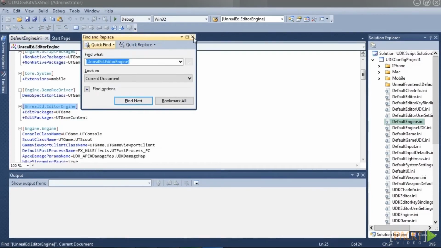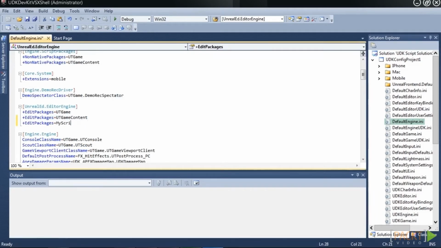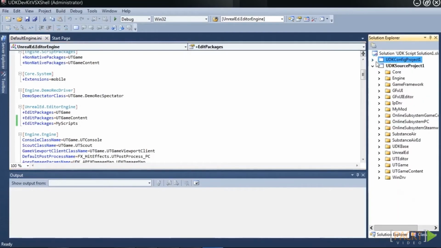Once we get there, you'll see these two sections called plus edit packages. At the bottom of this section, we're going to add a new edit package, which we're going to call MyScripts. At this point, after we have added this package, we're done with the UDK config project. So I'm going to click on this little arrow here to shrink it back down. And now you'll see the other section of our UnrealScript code, or the actual UnrealScript code, which is our source